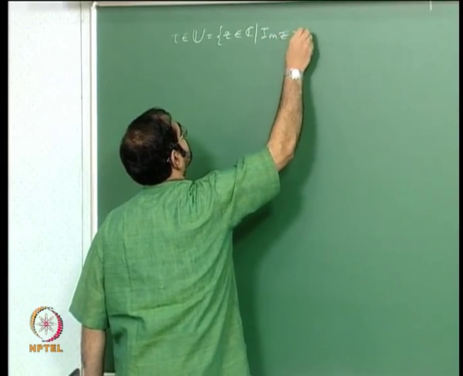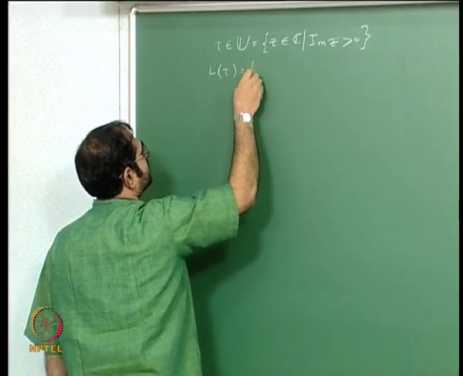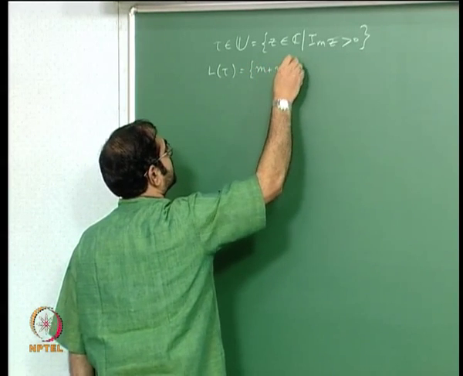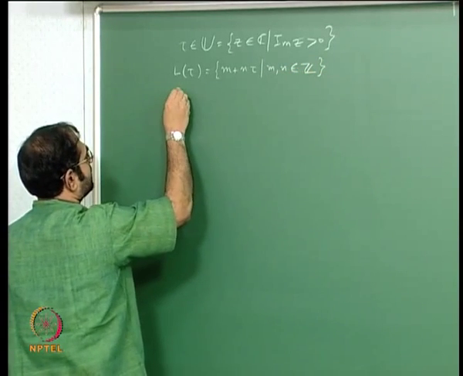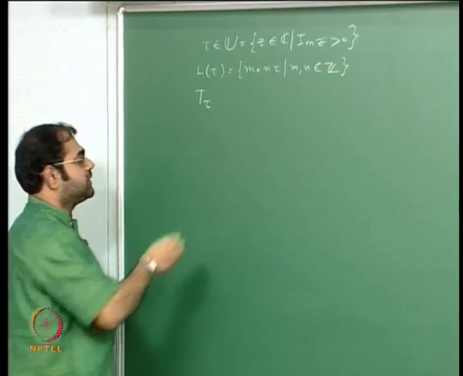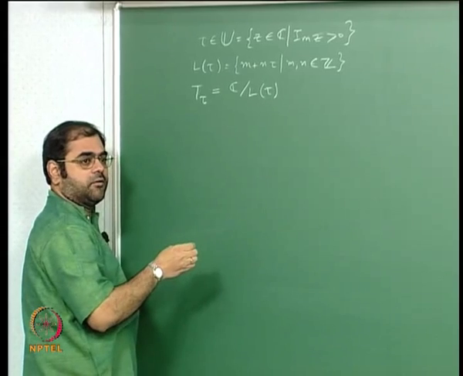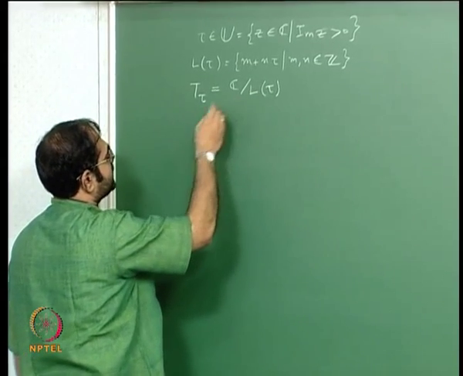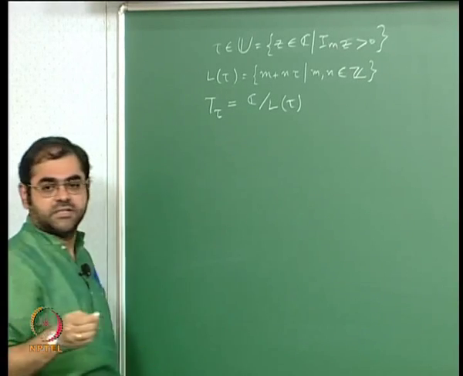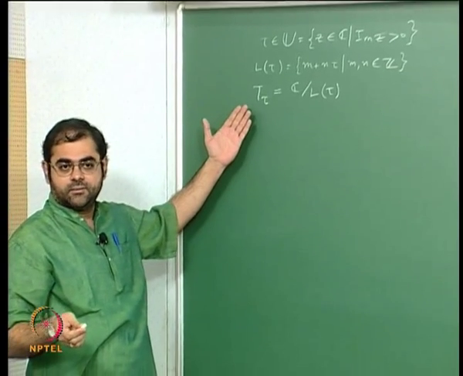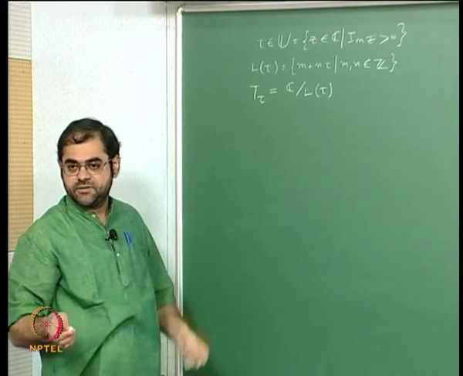and then associated to tau the lattice L of tau, which is the set of all m plus n tau, where m and n are integers, and then we have the complex one-dimensional torus associated to tau, which is just C mod L tau, and we are able to get hold of essentially the unique, the simplest meromorphic function on the torus, which is given by the Weierstrass P-function on the complex plane,